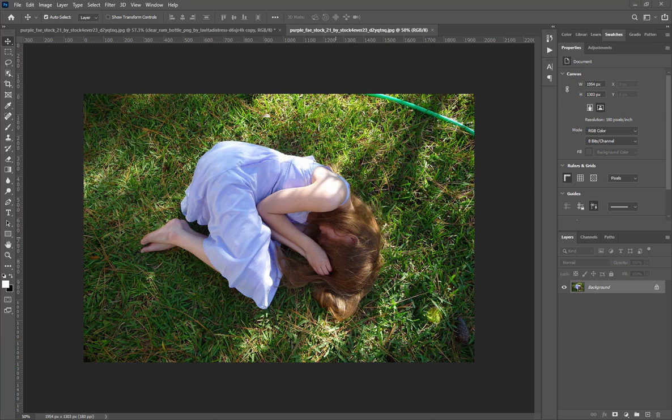Okay guys, so in this chapter we're going to prepare our background by separating our model from the background itself, so that when we are doing the compositing or we are adding extra elements, we'll be able to play around with our model. So first of all, I'm going to select the lasso tool,